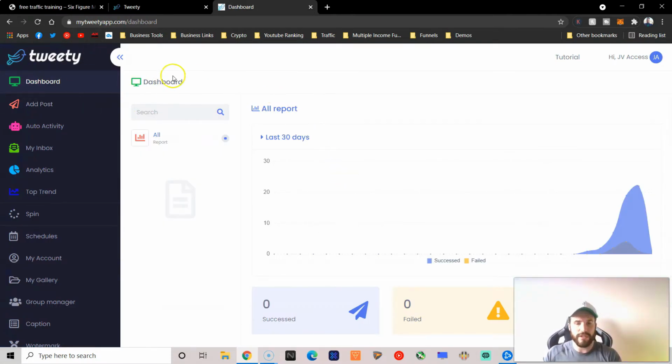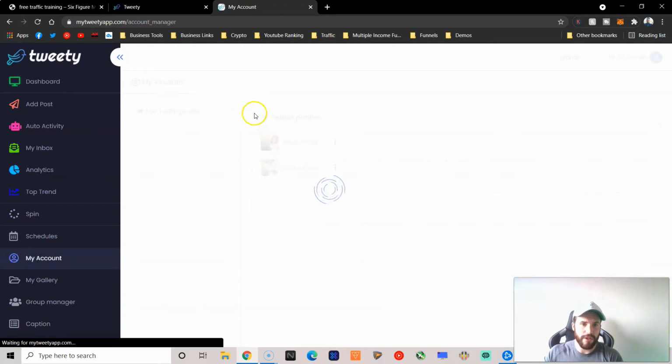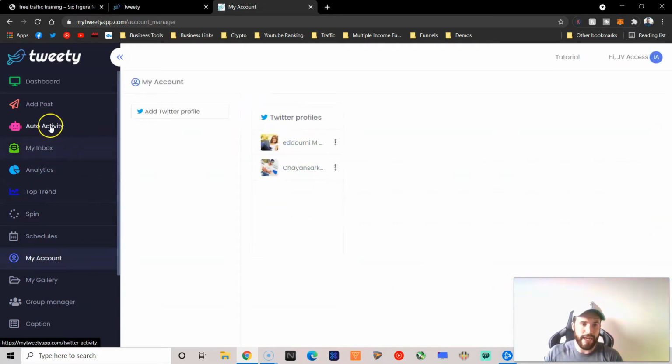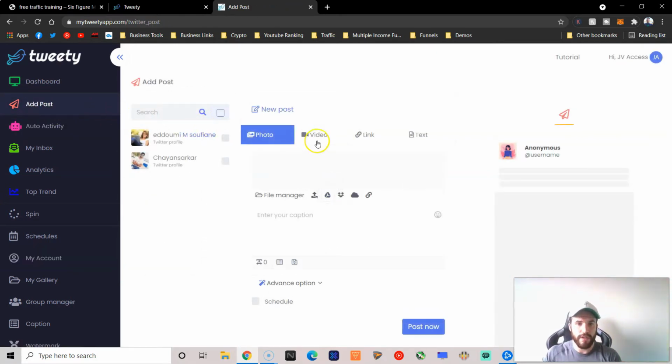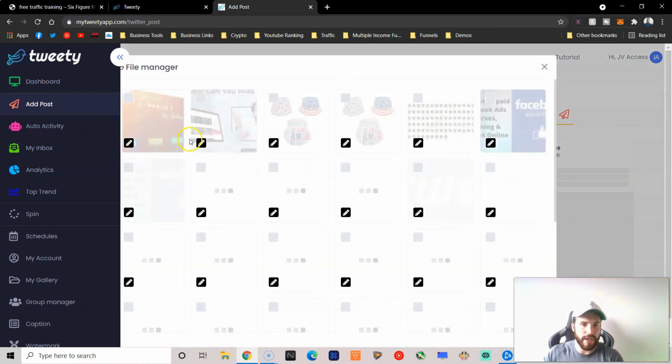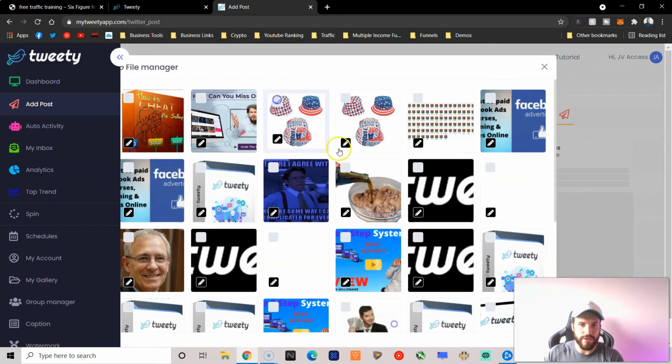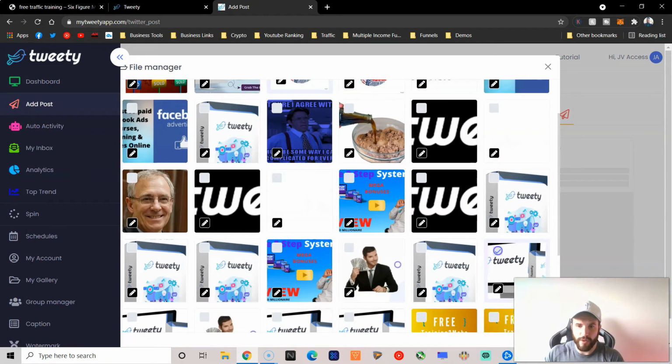So if we actually go over to the back office of the Tweety bot, what's going to happen is you're just going to literally go down to your account. You're going to set up your account in the back office, and then you can go to add a post. You can add photos, you can add videos, you can add links, you can add text, right? Literally, if we just wanted to open up a picture here, we can just use this one for example, or we'll use the Tweety one,